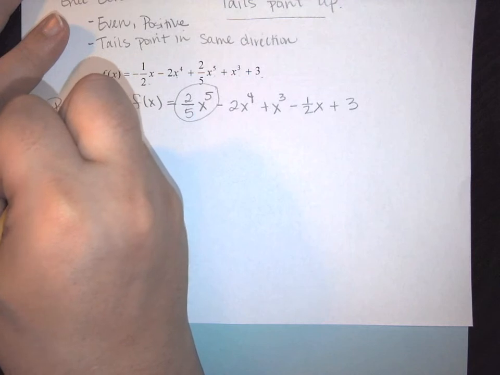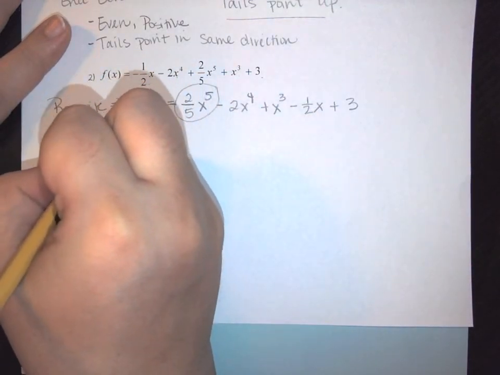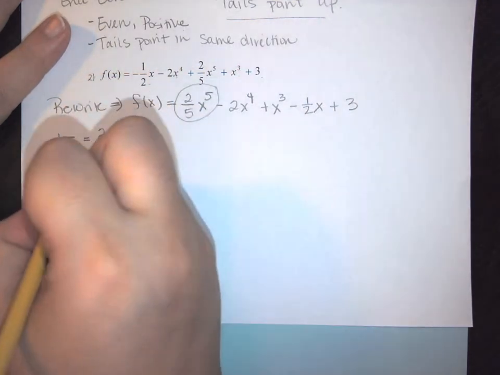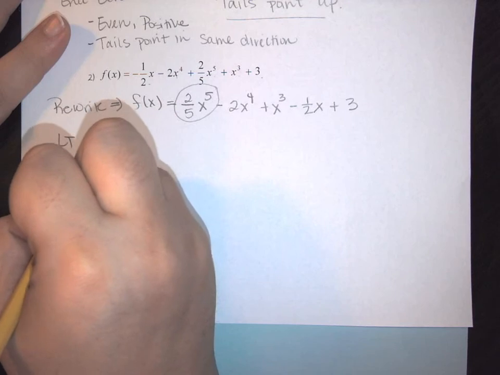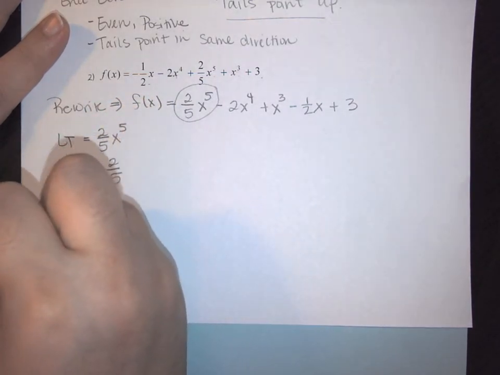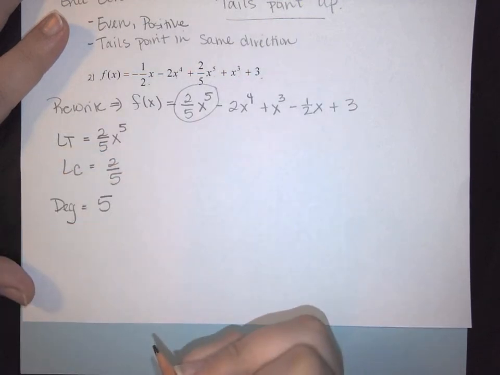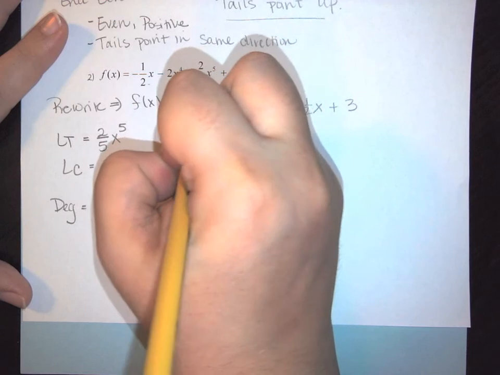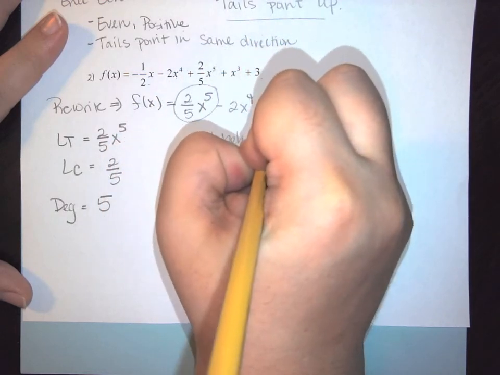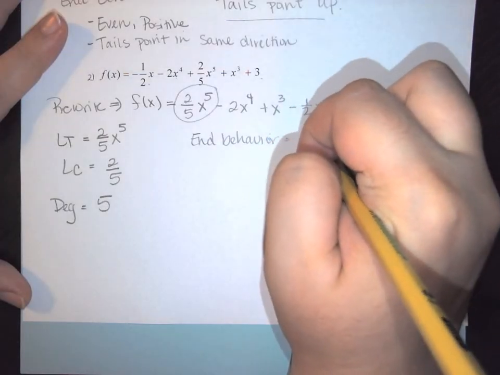So first I have my leading term. So my leading term is going to be the 2/5 x to the 5th. This makes my leading coefficient that 2/5. My degree is a degree of 5. My end behavior first is positive,